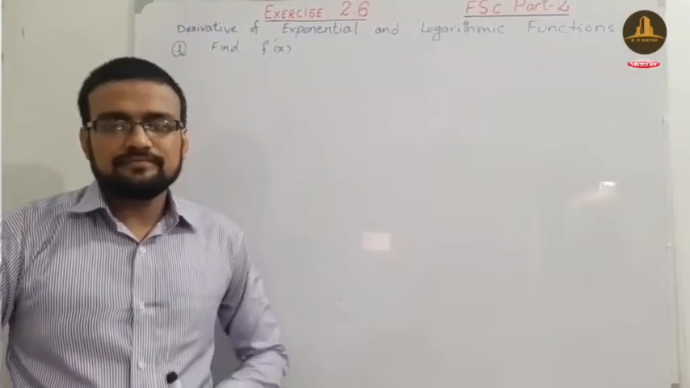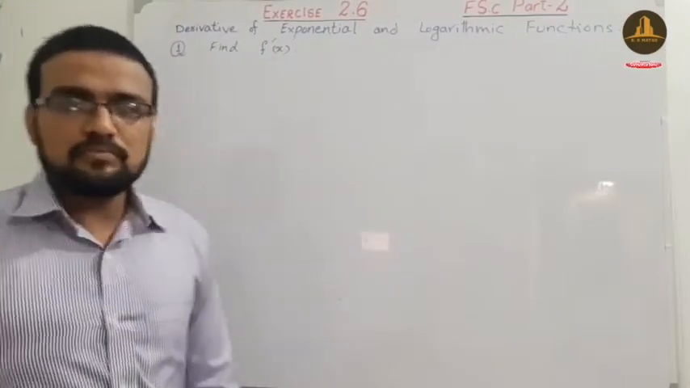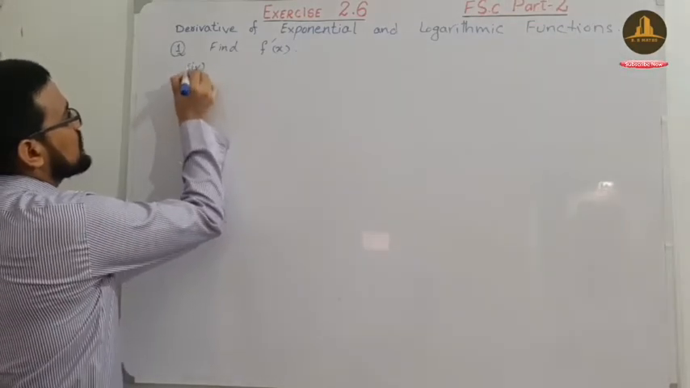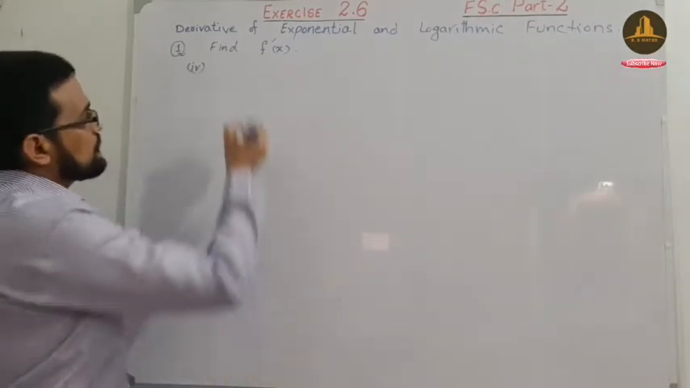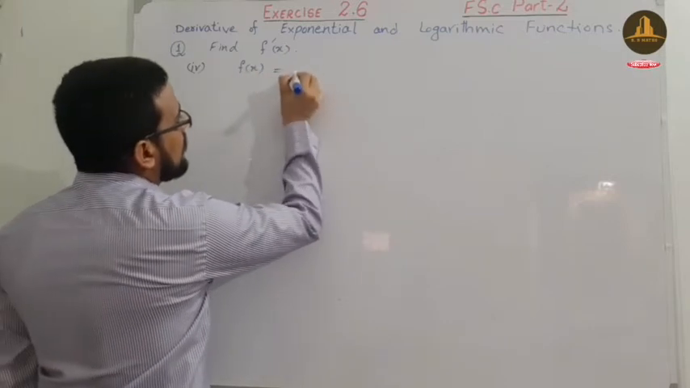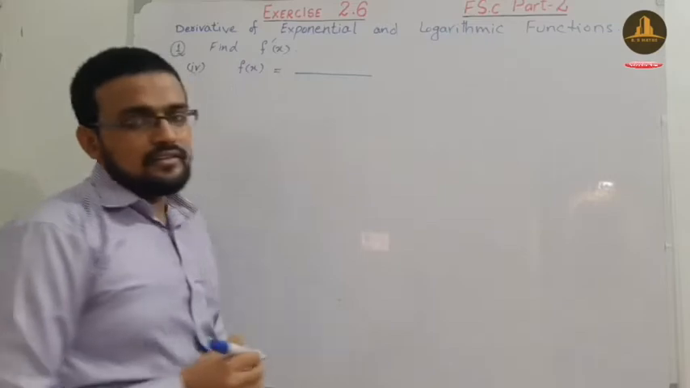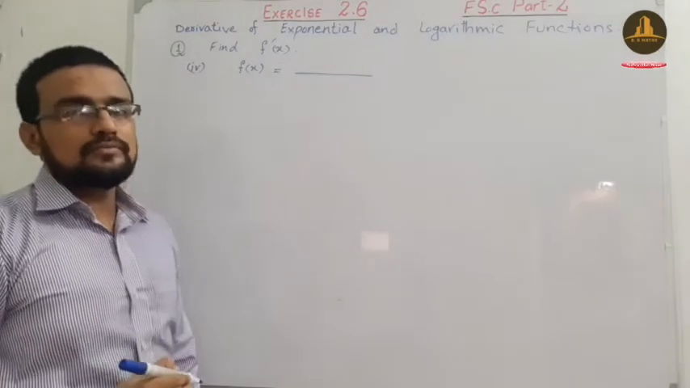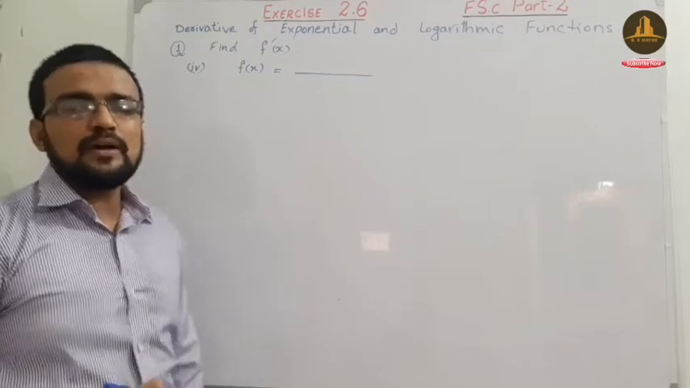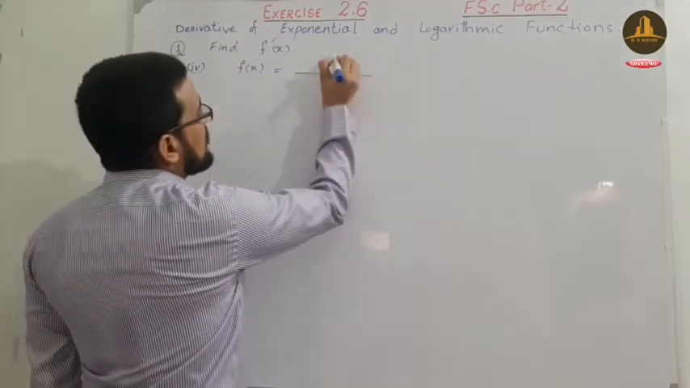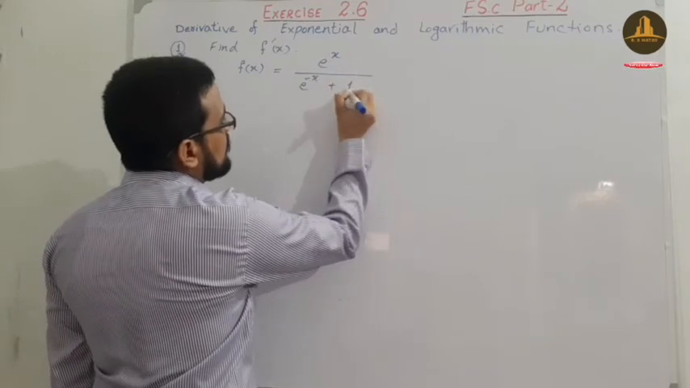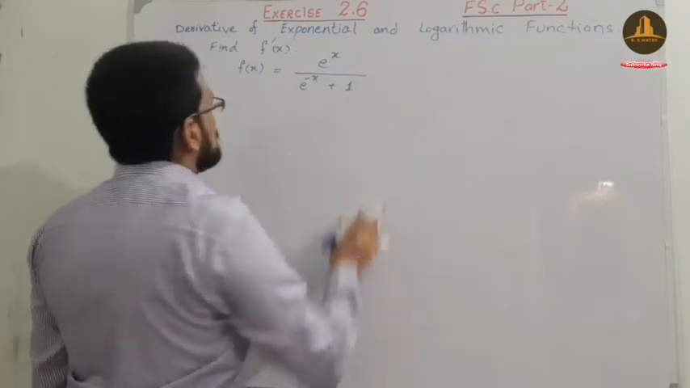Yes students, next question, part number 4 of question number 1. The fourth part is: find the derivative of a function f of x, which is in division form, e raised to power x divided by e raised to power minus x plus 1. Okay student,